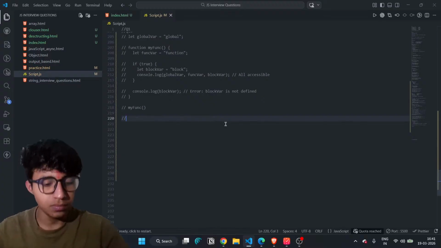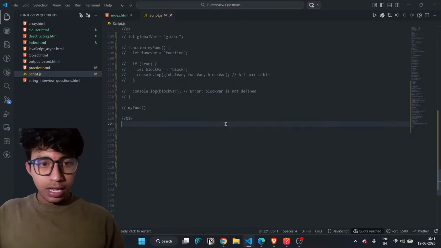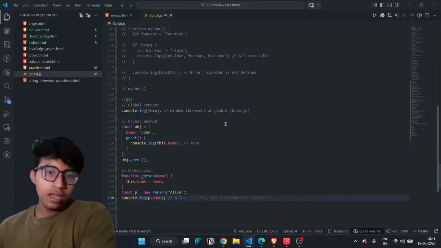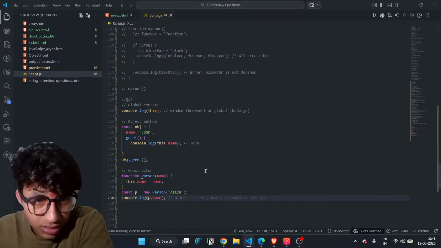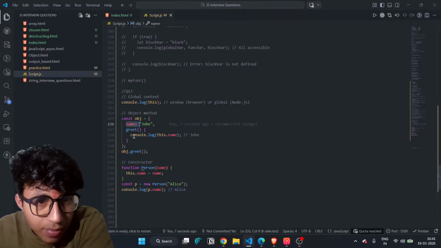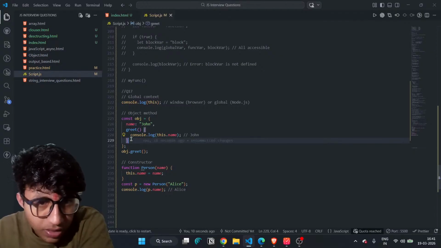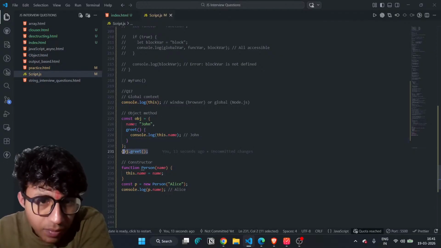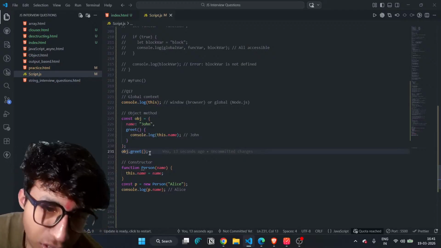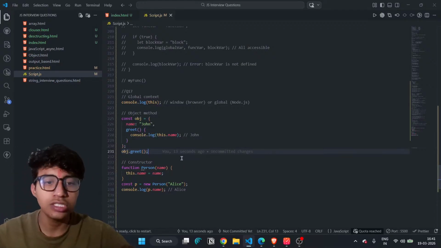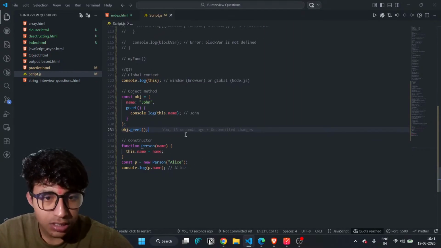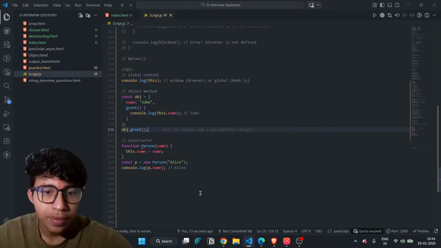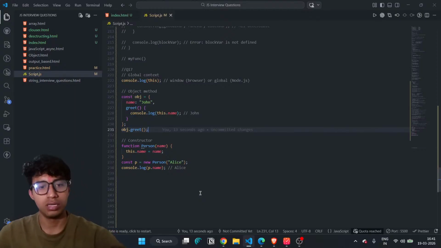So simply I copy that code, go to that my code editor, it's a question number 17 and paste it. ठीक है, there is a console log dot this and it will be a window browser or global node.js. ठीक है, it's a basic object, a name this is a function. ठीक है, this is a very basic thing. ठीक है, this is an object and we simply call that object dot create and whenever this like object dot create it will be simply print that this dot name and the name will be John. ठीक है, and it's a constructor person this dot name and when we have simply go to p node dot person Alice ठीक है, p dot name और वहां पे Alice आ जाएगा. ओके